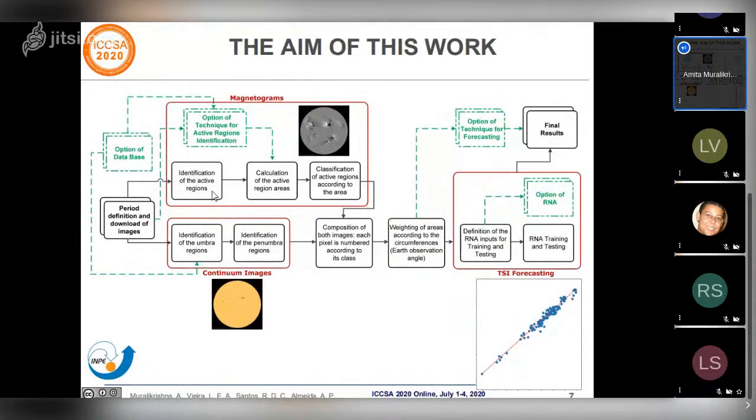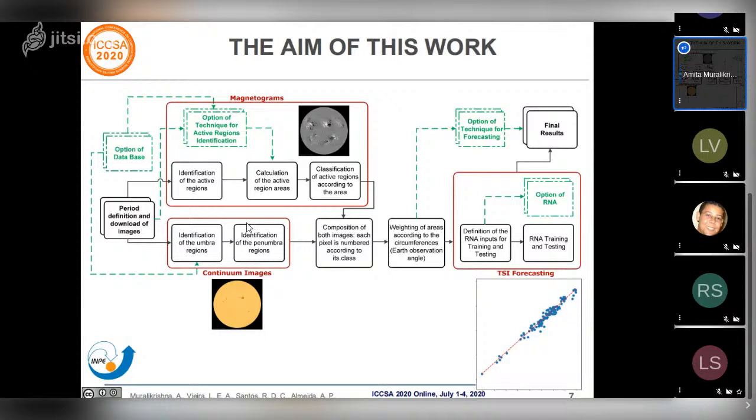So we use those images as input for this workflow. The sequence of algorithms implemented for the workflow was based on, I didn't put it here, but we have it in the next slides, the work from Vieira et al. I have a link to this information after. It consists basically of downloading the sets of images for all the period we opted to process, identifying the active regions and sunspots,